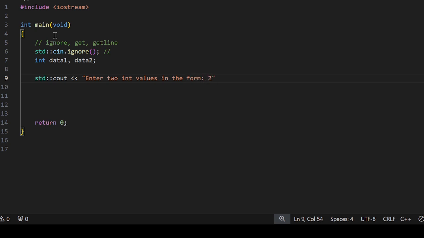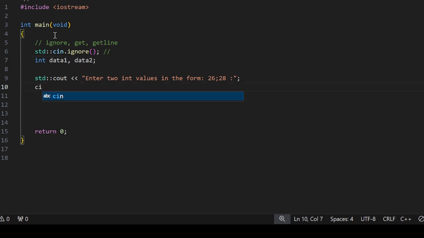Let's say 26 semicolon 28. If the user enters the data in this form,